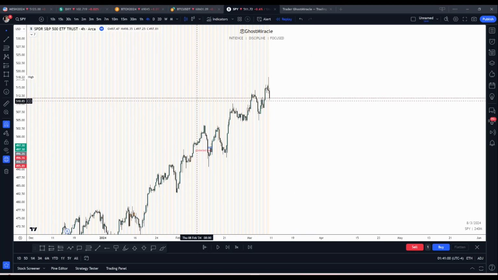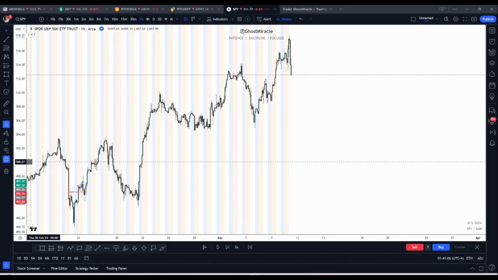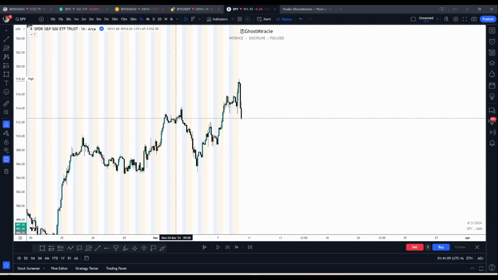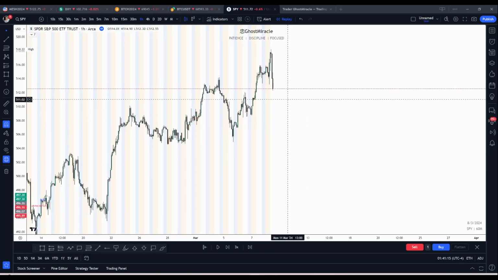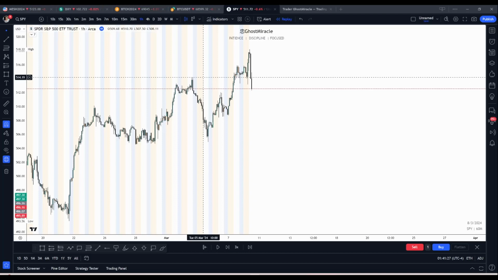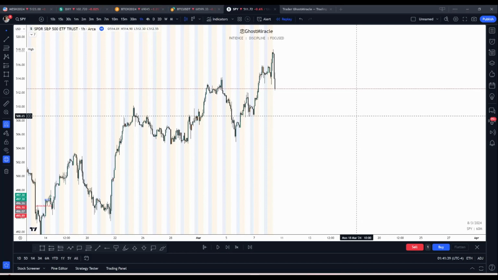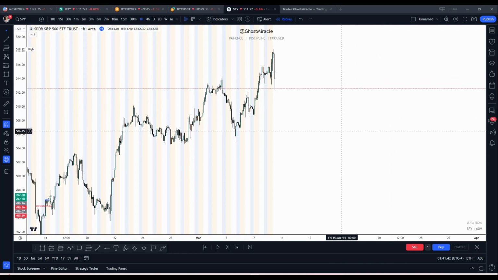But yeah, I would still mark it up, but I don't look at it as often. I more so look at my 1 hour for my higher time frame bias because it just kind of shows a little bit more to my liking. It just breaks down the candles a bit more than the 4 hour, so it's a bit more structure to play with, but it's still a higher time frame and it's still strong. A lot of times just using the 1 hour as my higher time frame, I don't even look at the 4 hour and the daily